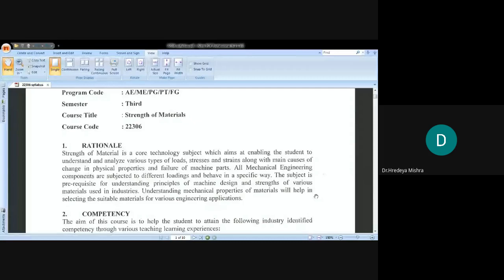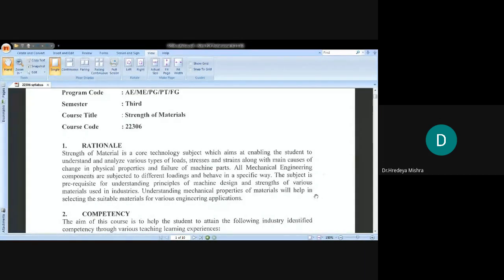When we choose a wire, the electricity must flow through it, and copper has very good electrical conductivity, so it is a good conductor. So depending on the application we choose the material. For the wire we choose copper, for the machine base we choose cast iron, for the tool